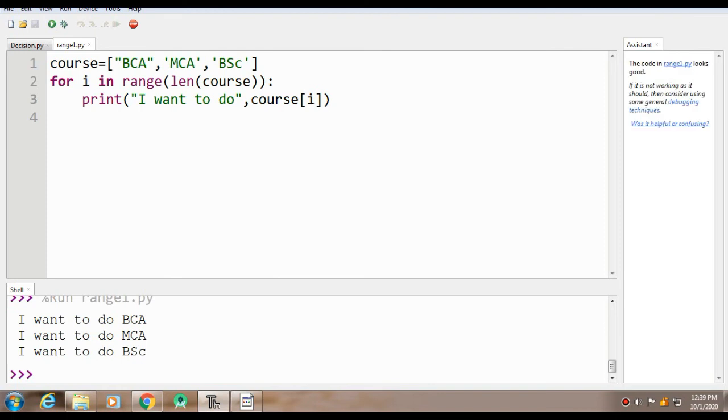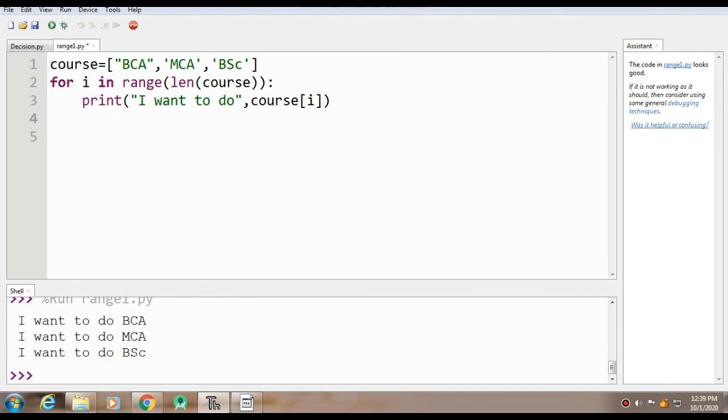So you can see it shows me BCA, then MCA, BSc, and so on. Let's say again at the end you want to print that I don't want to do anything. So in else I'll simply print, I don't want to do anything.